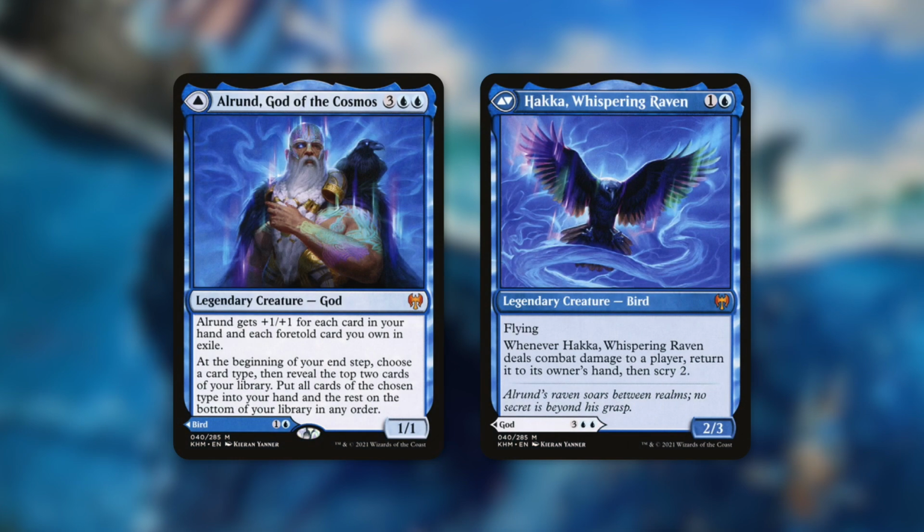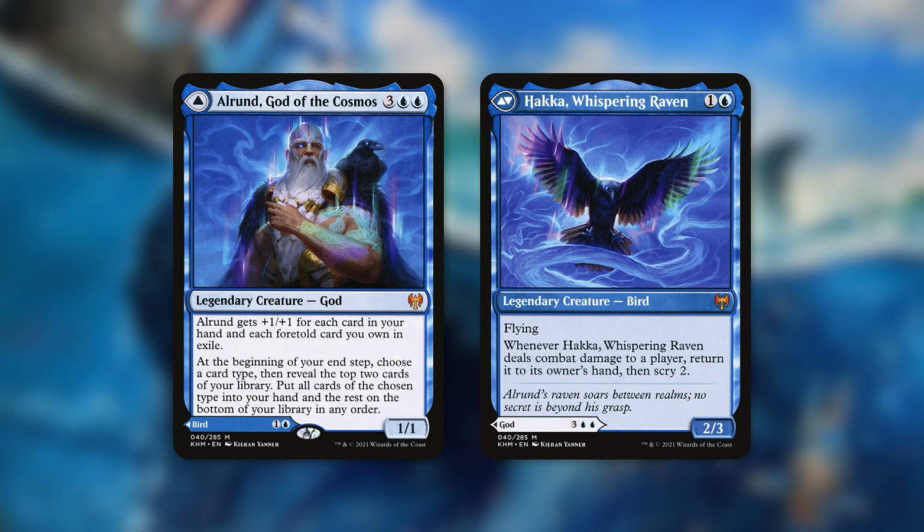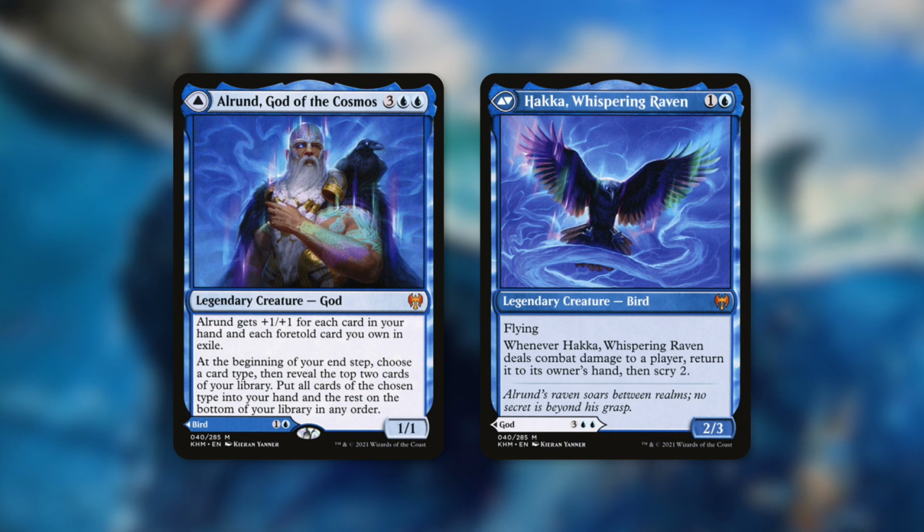And finally, we've got All Run, but more likely we're going to be utilizing that backside early with Haka, Whispering Raven, a 2/3 flyer that has, when it deals combat damage to a player, return it to its owner's hand, then scry 2. So we can get this down early for some extra card selection. Or, just as a blocker so that we can interact. And speaking of interaction,